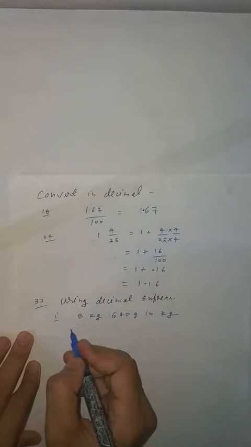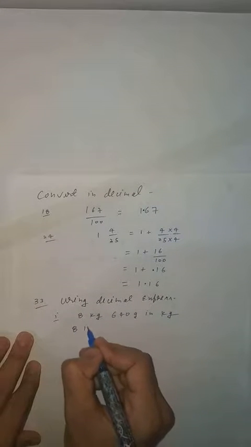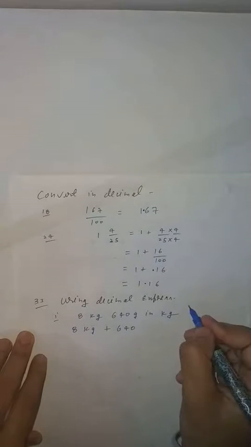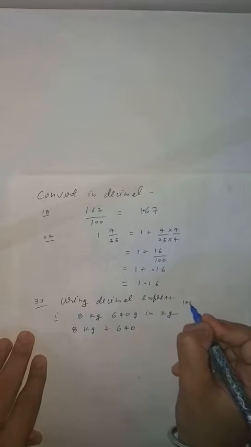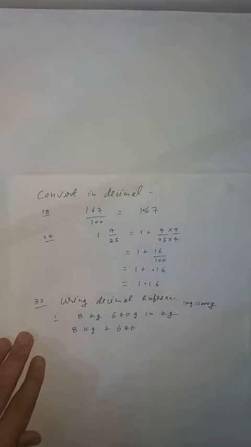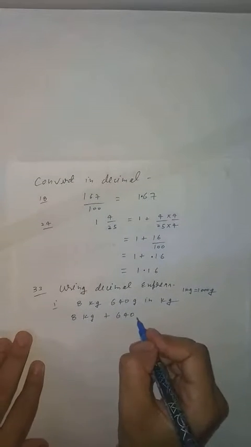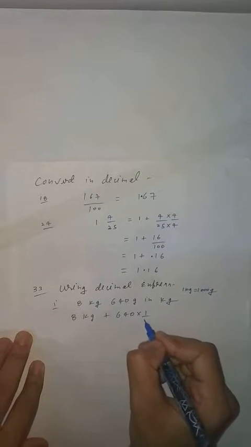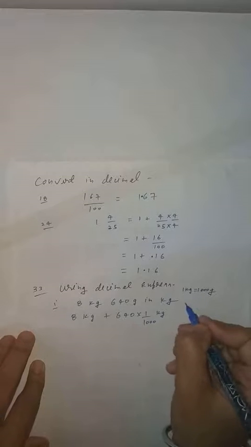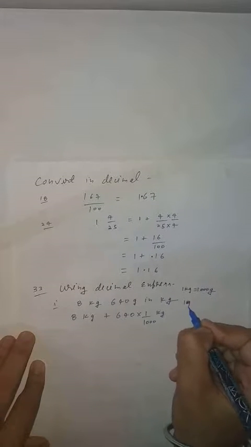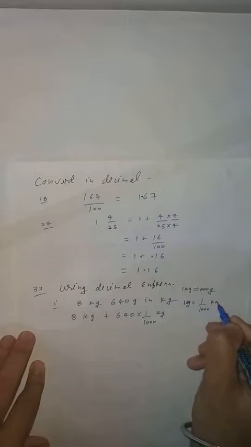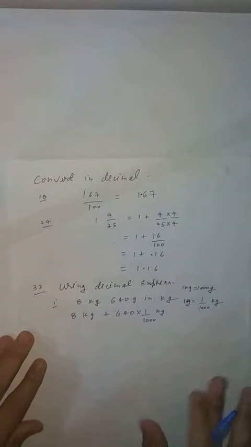Now 8 kilogram you will write down same, there is no need of doing anything, write down, plus 640 gram you have to convert in kilogram. So what I explained student, 1 kilogram equal to what, 1000 gram. I explained in many videos. So now come to the point, 640 gram, that is 1 upon 1000 gram you will multiply, because 1 kilogram equal to 1000 gram, so 1 gram equal to 1 upon 1000 kilogram. Clear? So now same process we will apply.